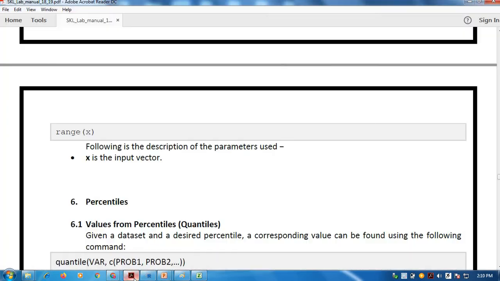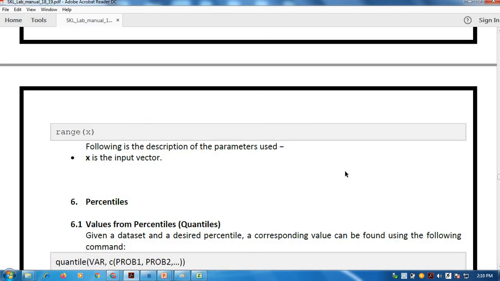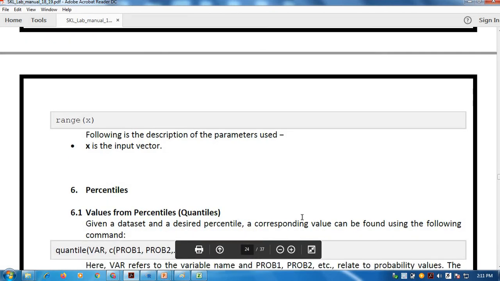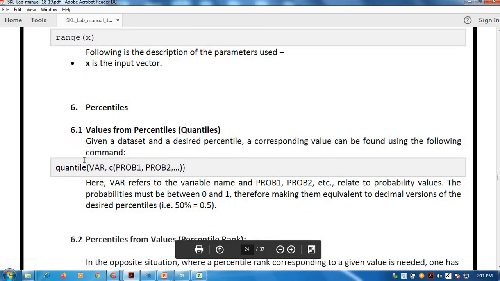Next is the percentile. We have already discussed percentiles or quantiles in the earlier lectures. Percentile is calculated with the help of the function quantile. Given a data set and desired percentile, a corresponding value can be found using the following command.